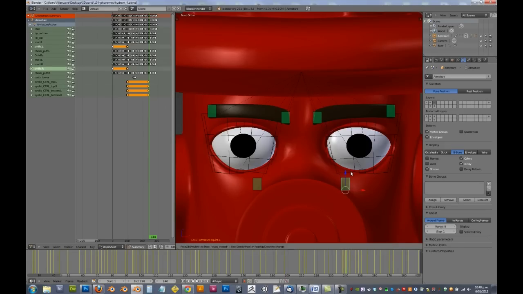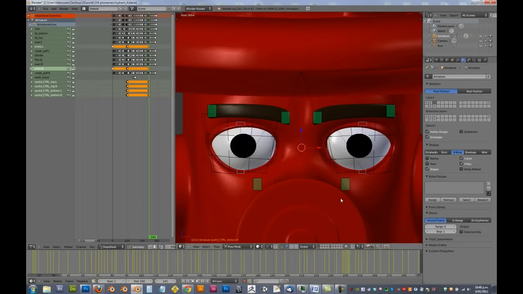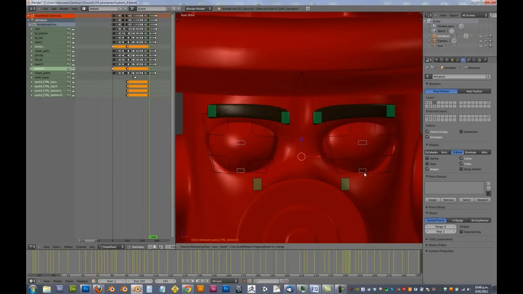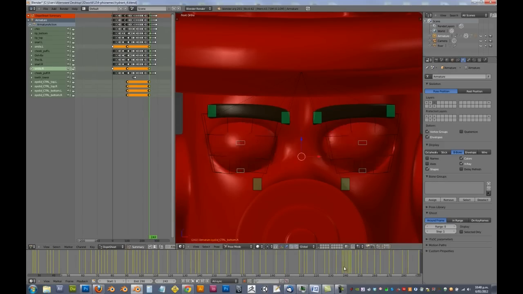Control L. Oh, of course you need to select your eyelids. That one. Forward a bit more. Alt G. Control L. Alt G. Now you can see he's double blinking,